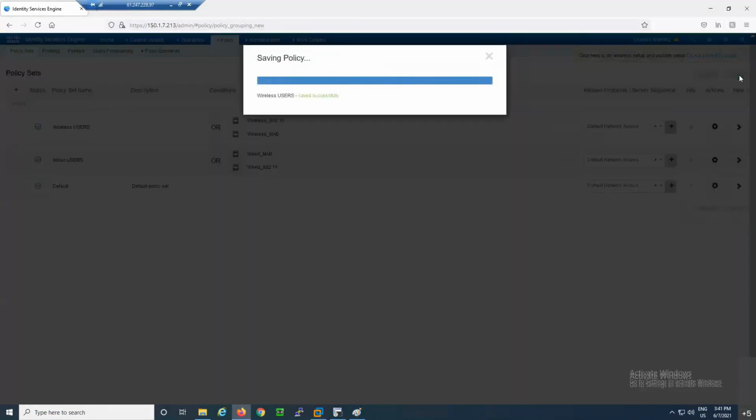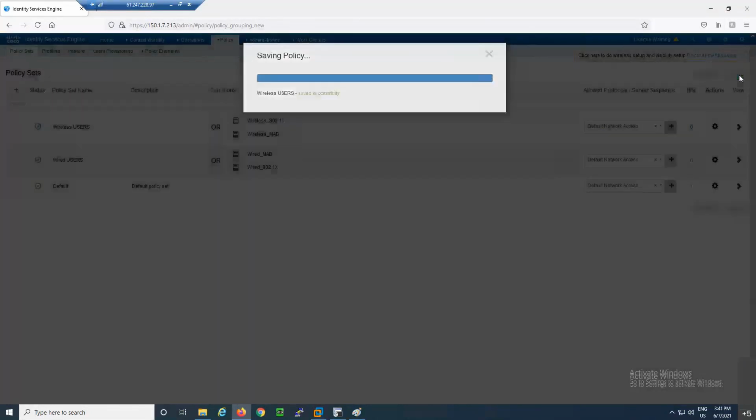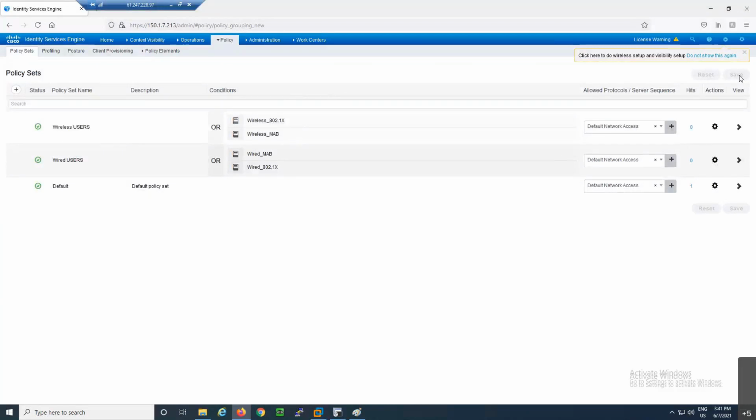Now, whenever any wired user comes through MAB or .1x, it will be authenticated with the first policy. Okay, so this is a policy set. It is not actually a policy, it is a policy set. Within this policy set, we can configure multiple authentication and authorization policies. Okay.